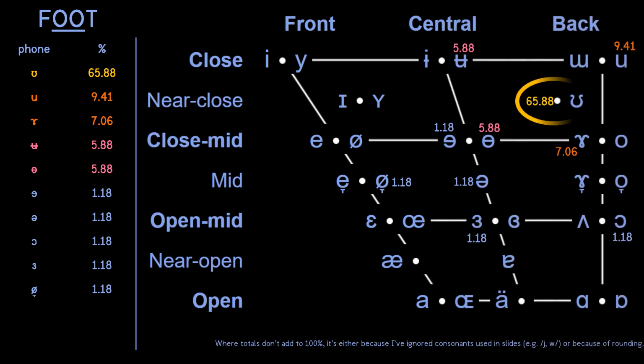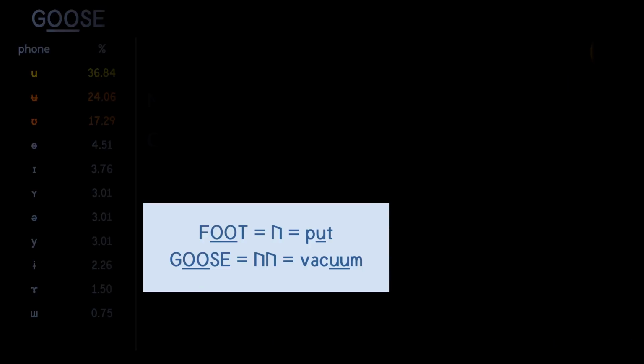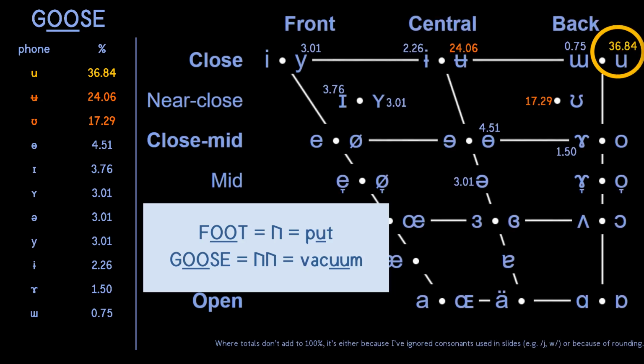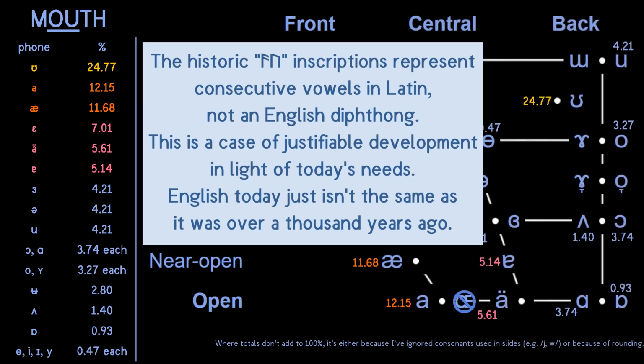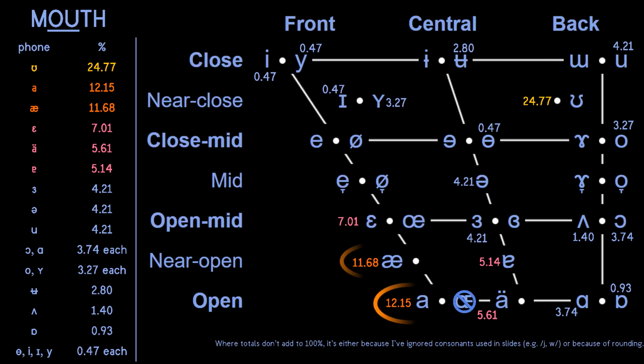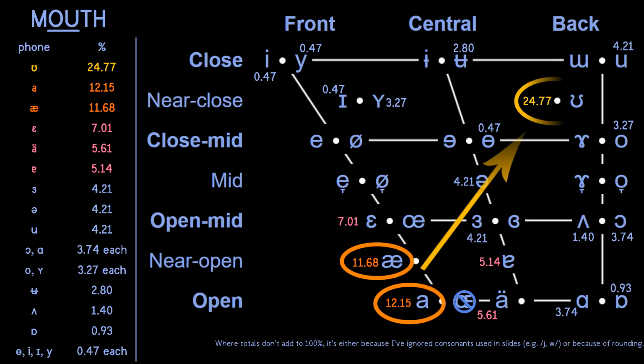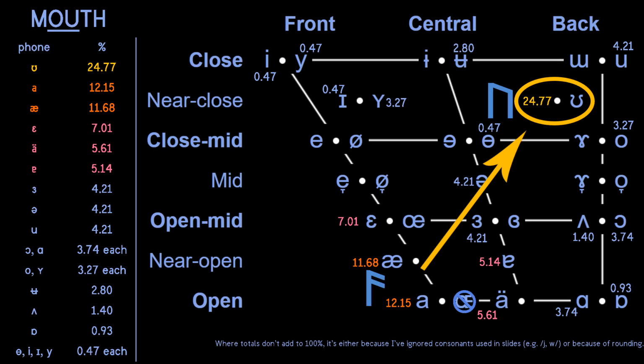Recapping those 4, we have the foot vowel as in put, and the goose vowel as in vacuum. Logically, they should respectively use ur and double ur. When it comes to the sliding vowels, sounds similar to both of these are known historically from the Anglo-Saxon runic corpus. We can base our decisions upon them. The mouth vowel neatly slides from ash to ur, making ash-ur the obvious choice for a digraph to represent it.